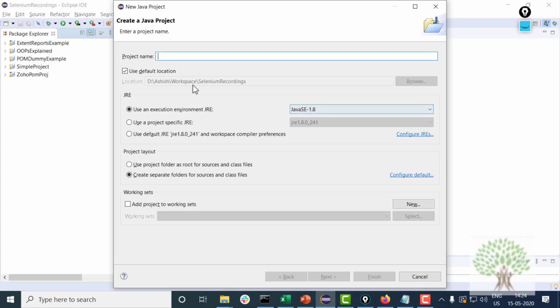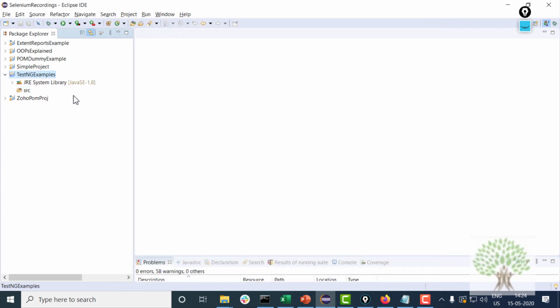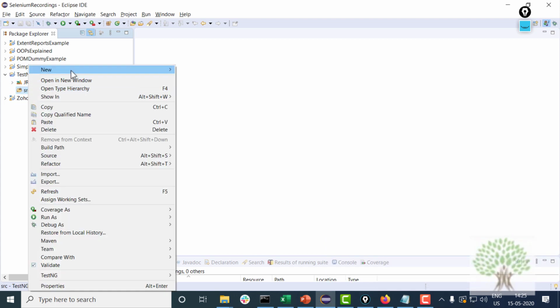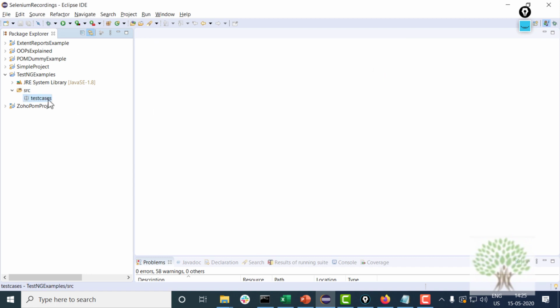But right now in the beginning, I'm just making a Java project named TestNG examples. And finish this. I'll make a new package over here known as test cases, in which I will define the test cases.